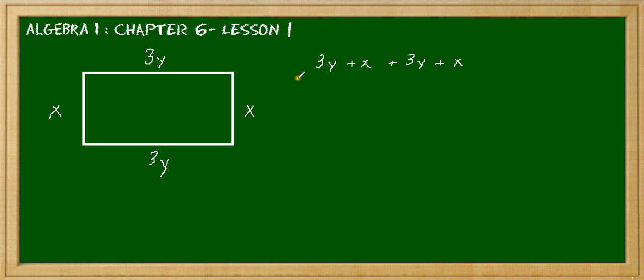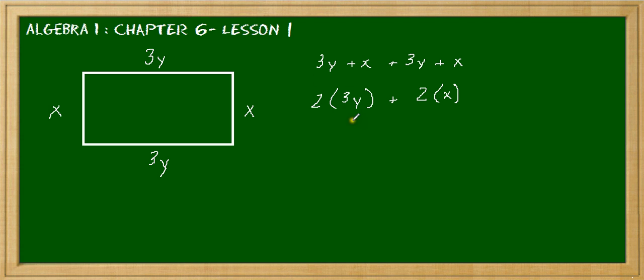Now, we could have also said, well, I know it's 2 times the length and 2 times the width, so I could have also said 2 times 3y plus 2 times x, right? And what I would consider probably the better formula would be to do the multiplication